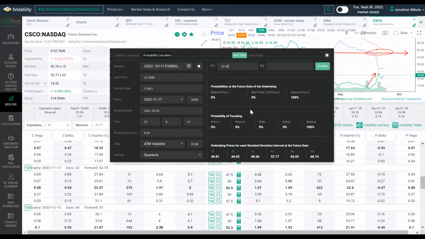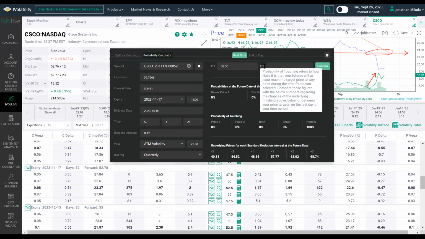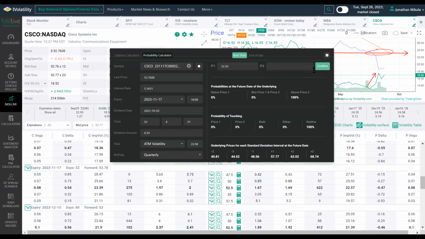right? Because I'm bullish on Cisco, I want to know what's the likelihood I'll be put. If I'm bullish on Cisco, I also want to know, should I be buying a call option, for example? So we go here, 55. I'll put in a higher price than P1. I'll hit confirm. So the likelihood that Cisco will be below 52.50 at expiration, which is November 17th,